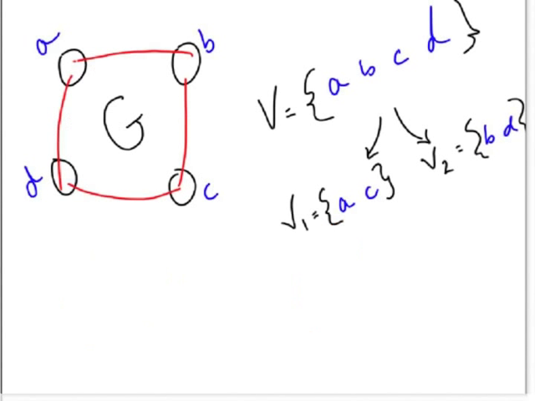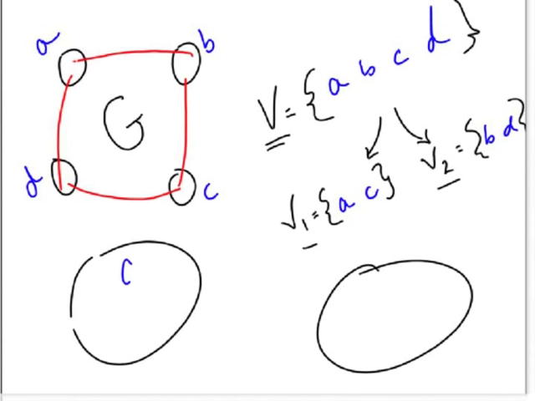Okay, so to illustrate an example, if we look at this simple graph G right here, we've got four vertices, A through D, with its vertex set listed right here. And you can see the adjacencies. So A is adjacent to B and D, and C is adjacent to D and B. And we can partition this vertex set into two disjoint vertex sets, V1 and V2. V1 contains A and C and V2 contains B and D. And we can form a bipartition